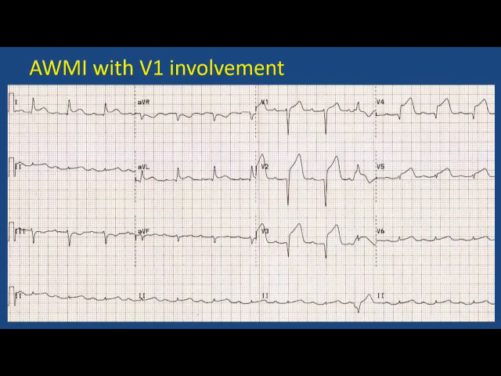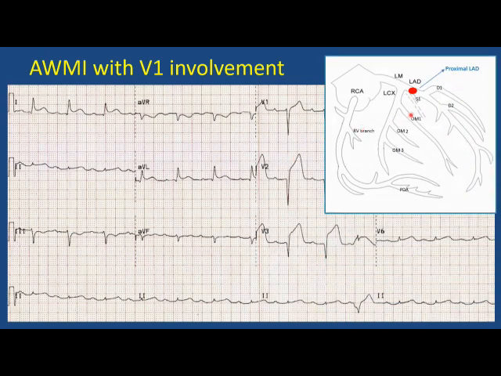Now let us come to this ECG. This is a patient with anterior wall MI, and see the V1, there is ST elevation. So there is ST elevation in V1, V2, V3, V4, V5, V6, 1, AVL, everywhere there is ST elevation. So septal wall, anterior wall, lateral wall. So anteroseptolateral or extensive myocardial infarction should be the term for this. Because there is V1 involvement, the lesion has to be very proximal.